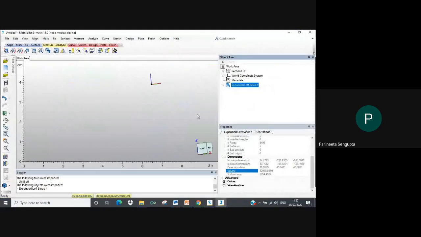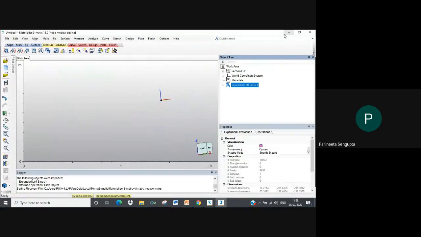So with your Mimics Innovation Suite, you will also have Thematic as a complementary combination, wherein in Mimics you segment and in Thematic you design and make changes. What you right now see is the Thematic interface. Again, as you have seen in Mimics, you have your title bar, wherein you have your project name and project details.